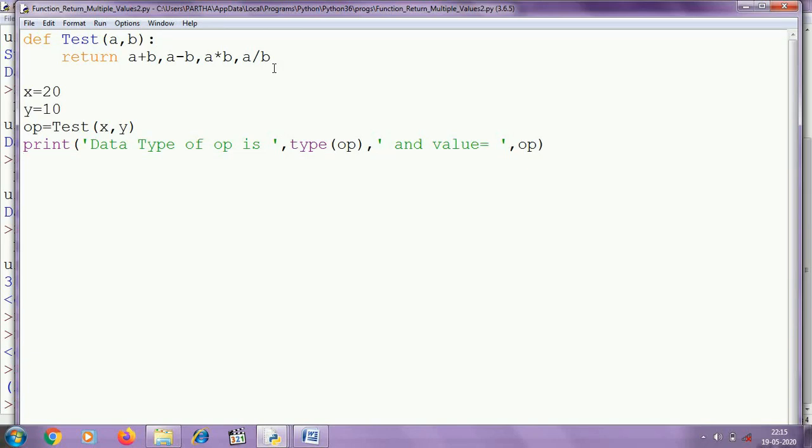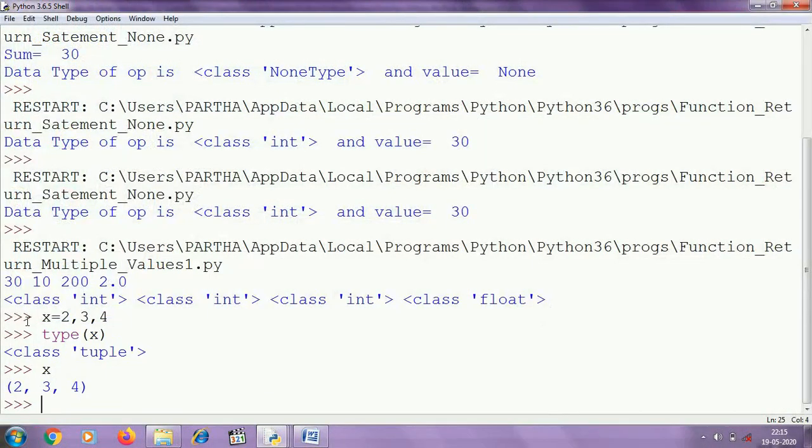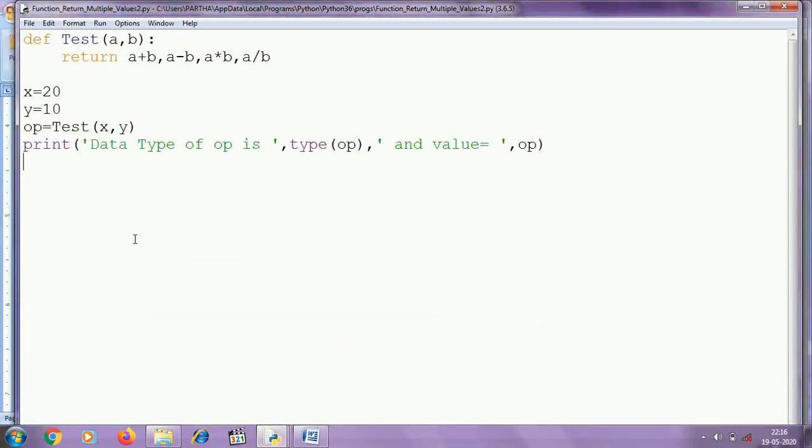We are returning 4 values separated with comma, and this is similar to this. So it is basically returning a tuple, and the tuple is assigned to the variable OP. So the data type of OP will be tuple and the value will be 30, 10, 200 and 2.0.